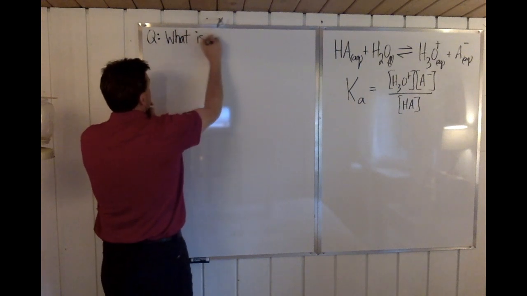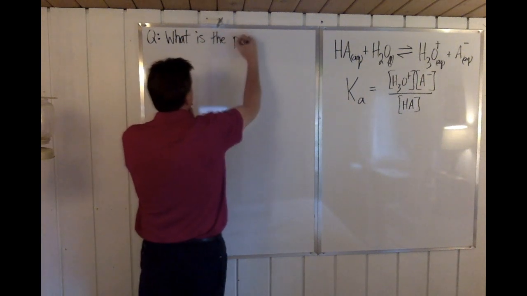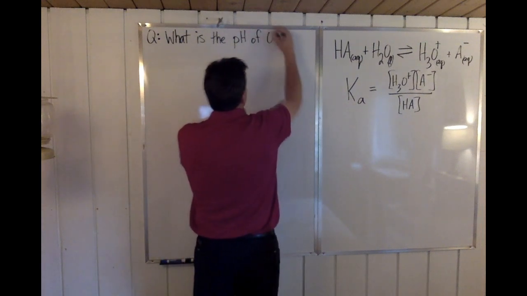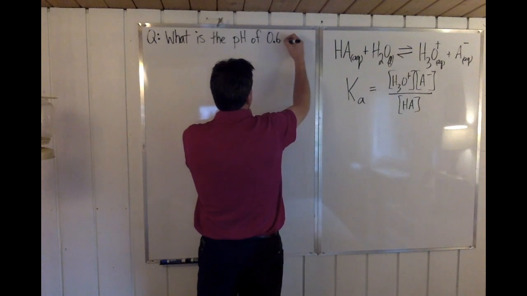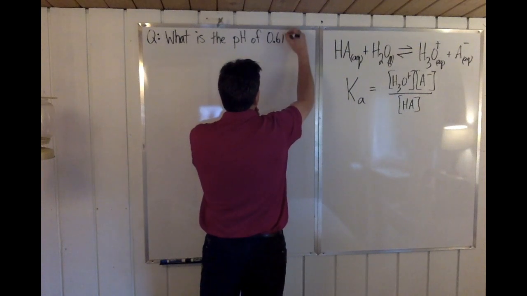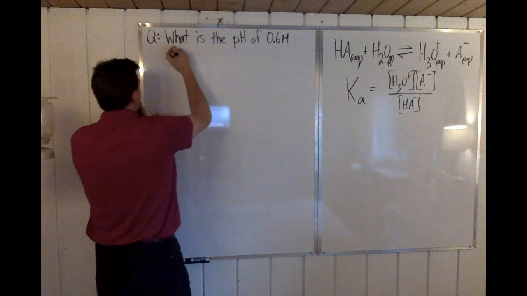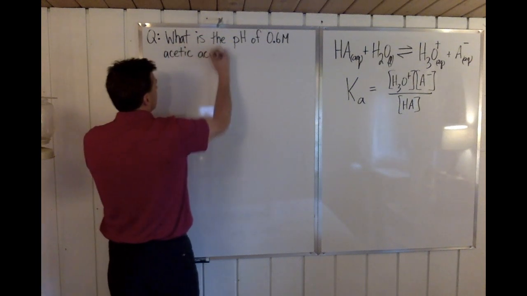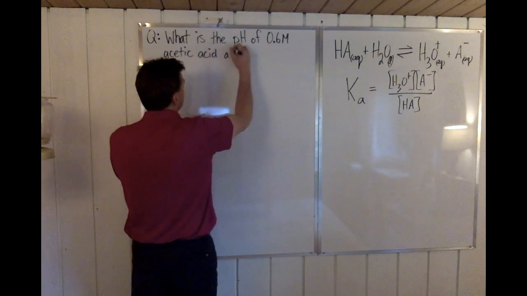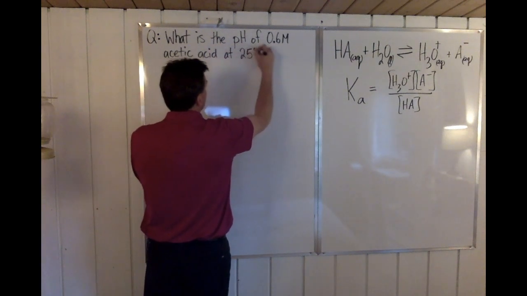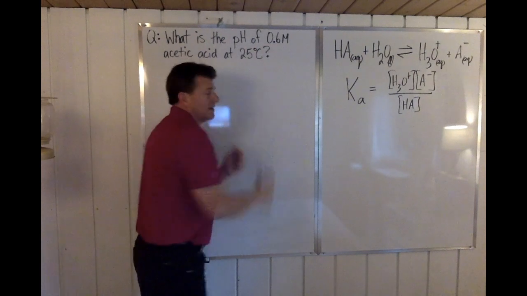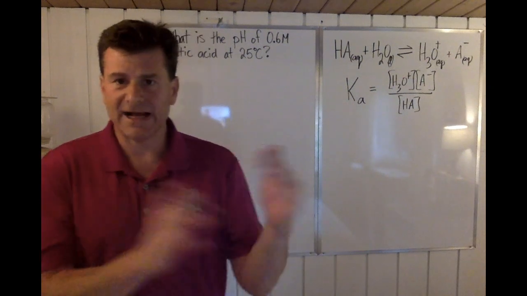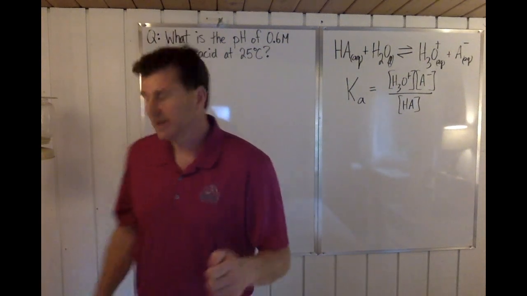What is the pH of 0.6 molar acetic acid at 25 degrees Celsius? Okay, so first thing, I wrote that at 25 degrees Celsius there at the end